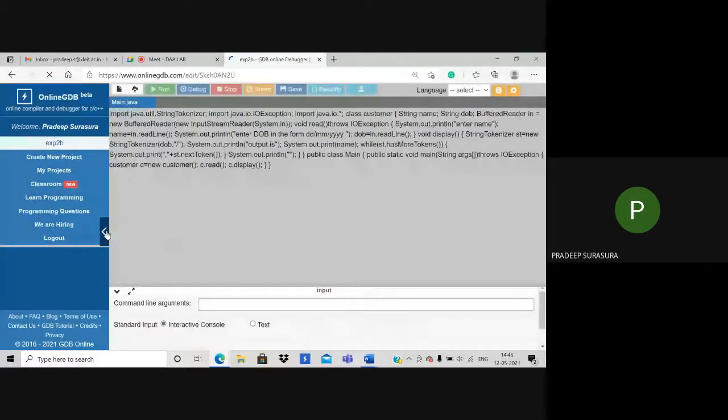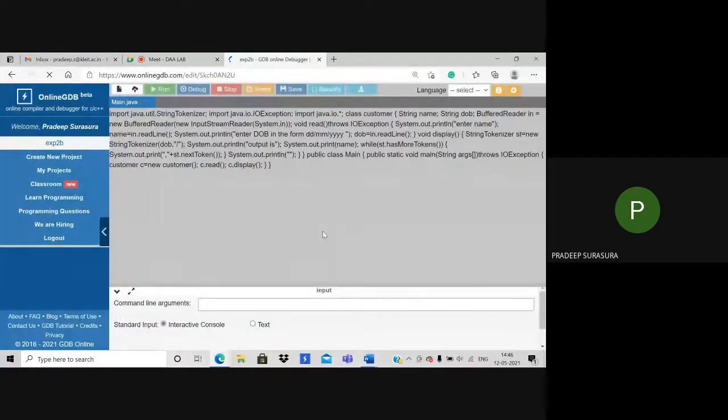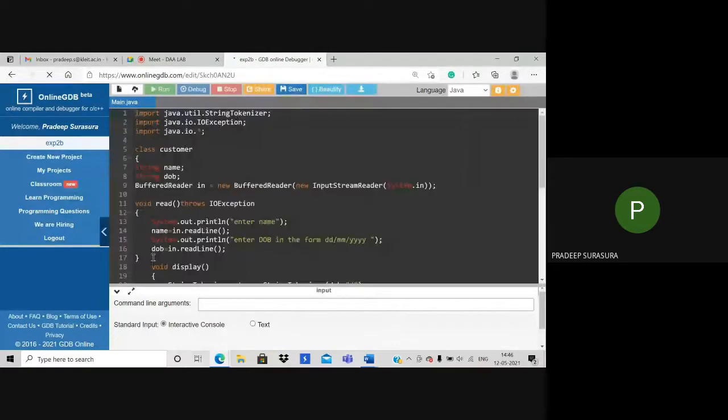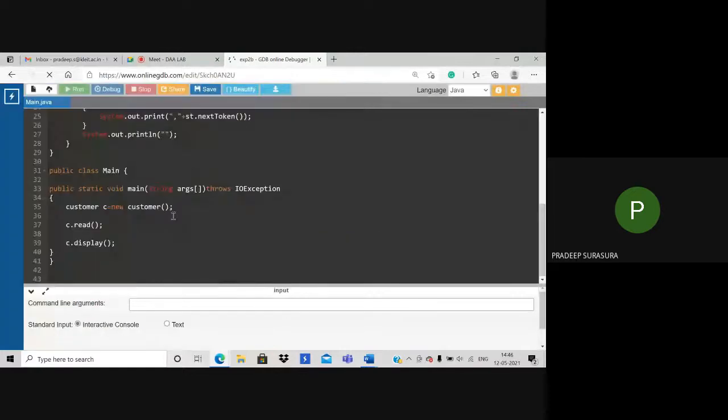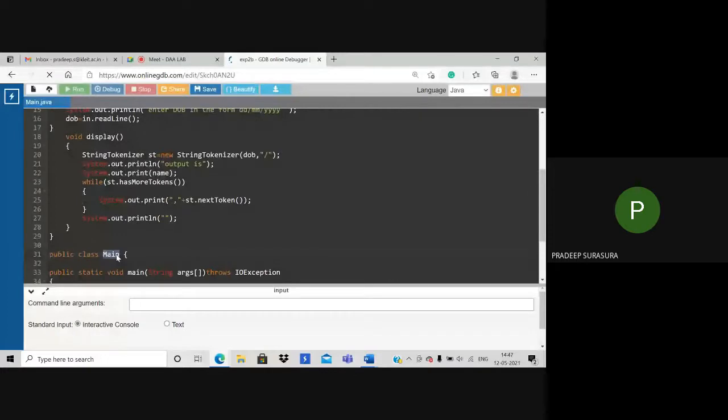Okay, so this is the String Tokenizer program. Sometimes online portals may give us errors, but don't worry about them. The whole program is dumped here, and this is the file name of the class file.